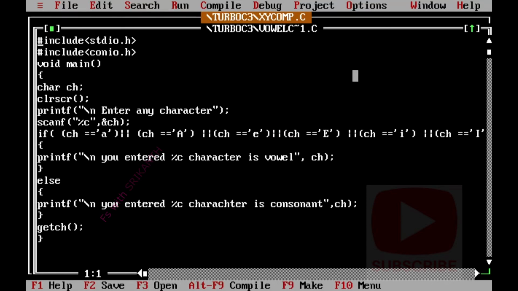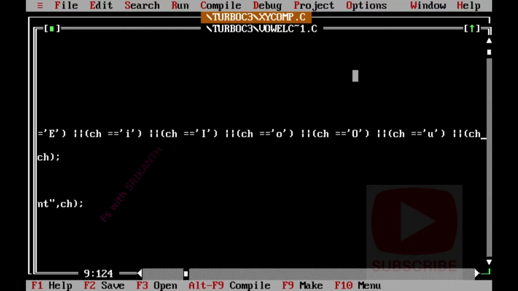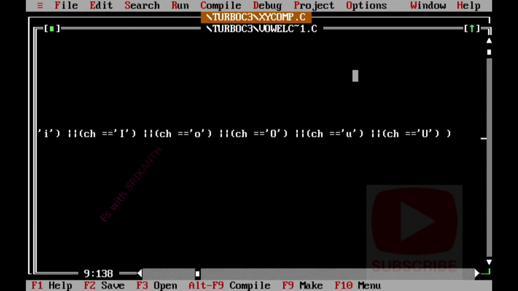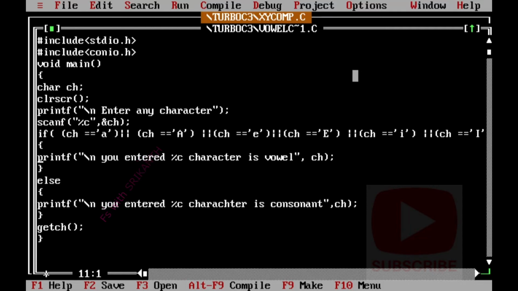Here we place the same program, just the same condition. This is a logical AND actually. This is a logical OR we are using here. Logical OR, right? Logical OR we are using. And please